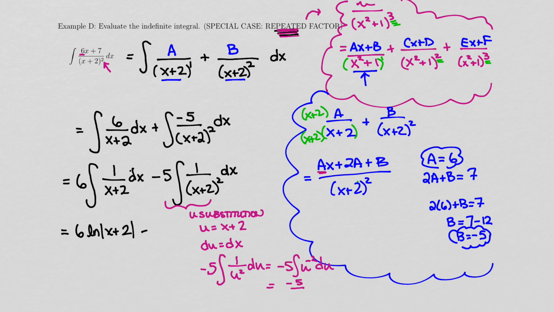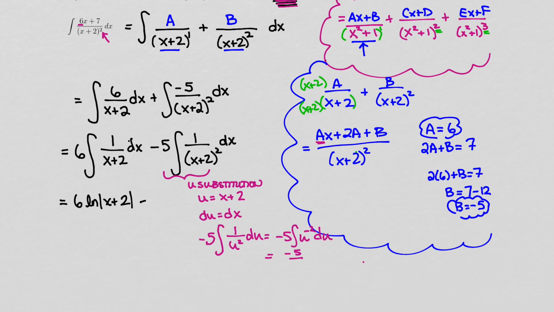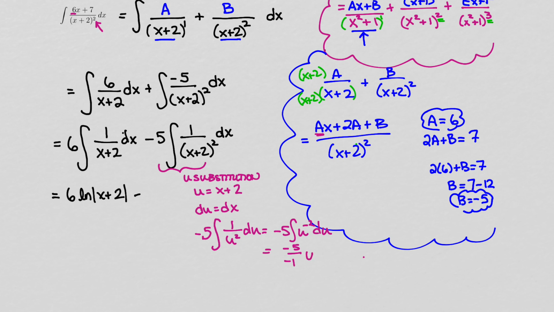So it's just negative 1, so 5u to the negative 1. And so when we put that all together, it should give us 6 times the natural log